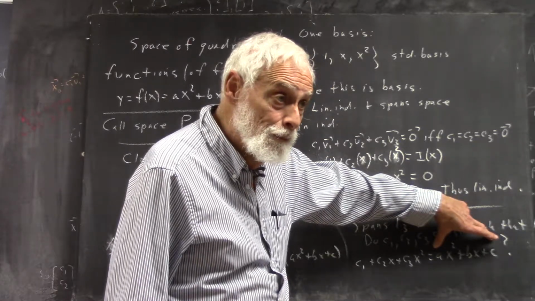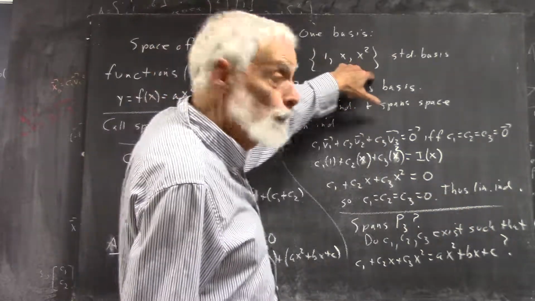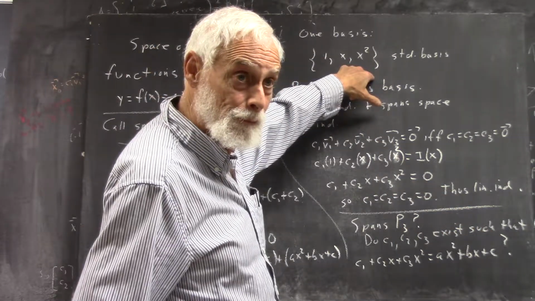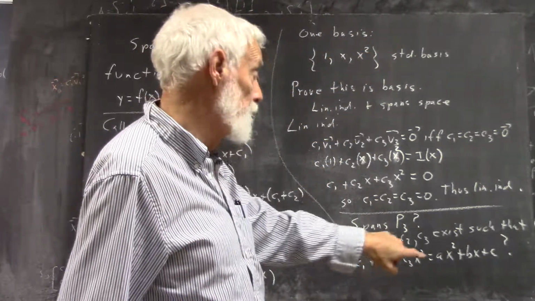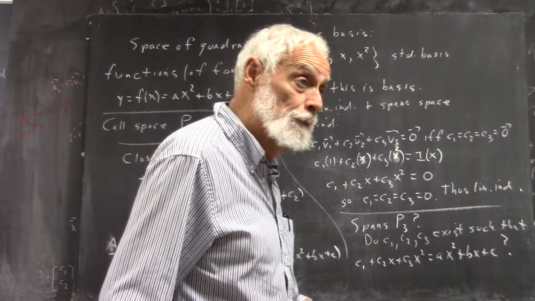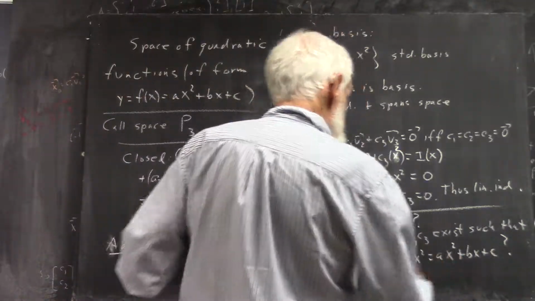Any quadratic polynomial. And it has to be a linear combination of the basis vectors, right? Well, your arbitrary linear combination of the basis vectors is C1 plus C2x plus C3x squared, right? The only way this equals this